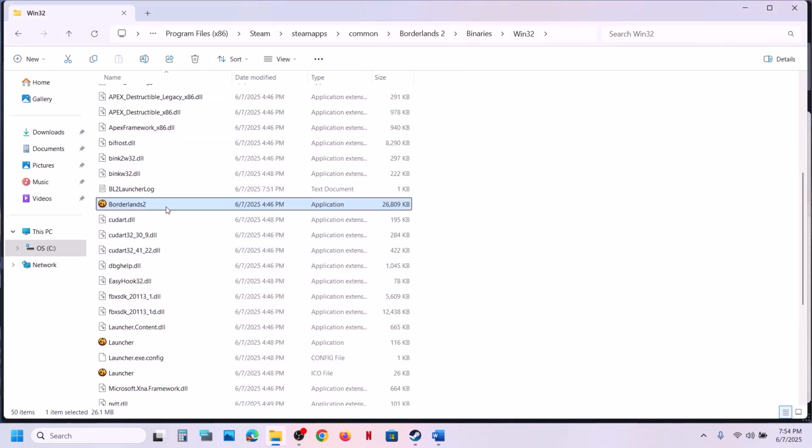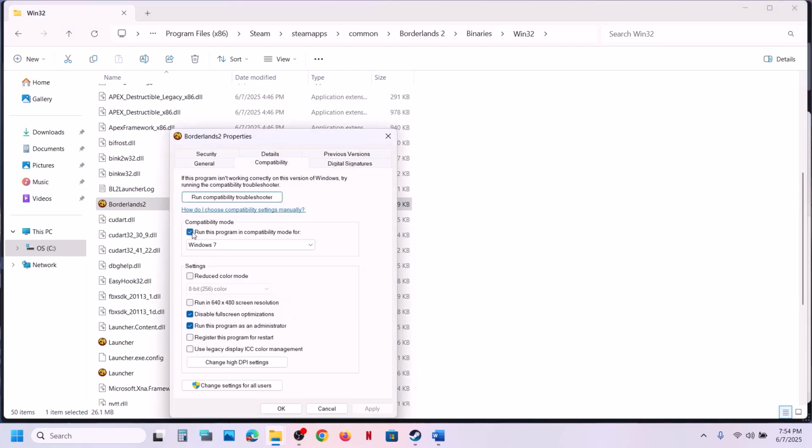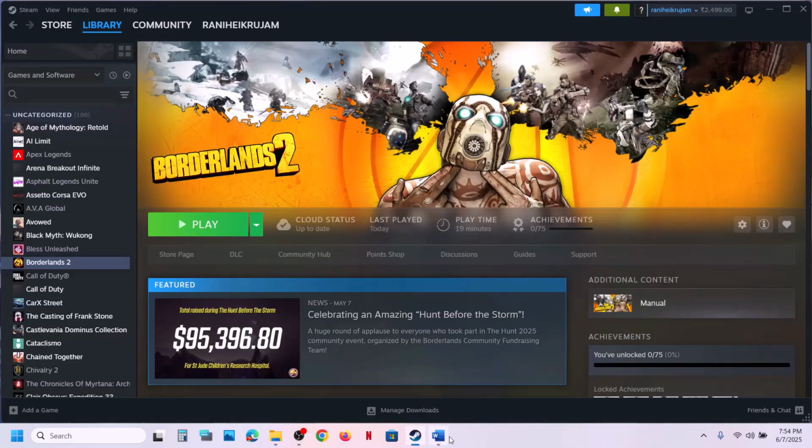Now when you put a check on all these boxes, still not working, in that case you can uncheck these boxes and then hit apply, click on OK and follow the next step. Now the next step is to